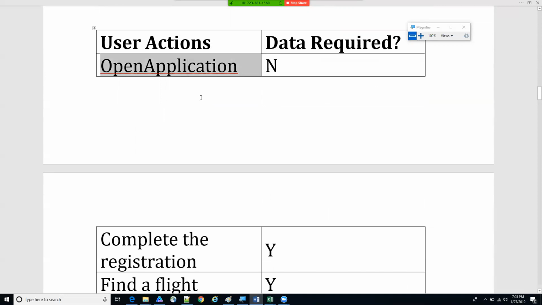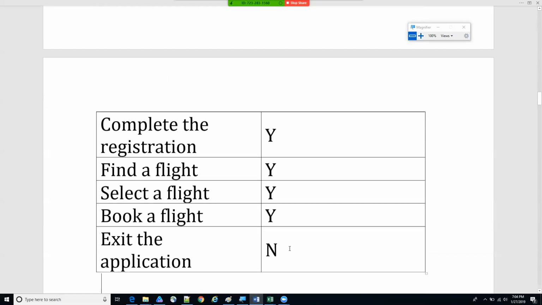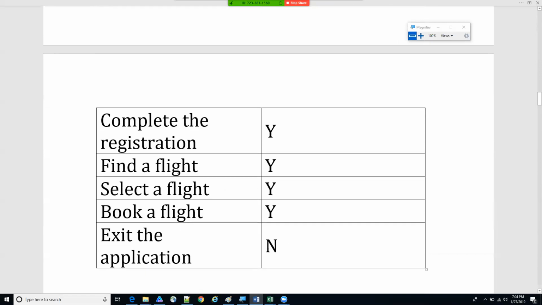Open application. In order to open the application, we just need the URL. That's why I said no, we don't need any data. In order to complete the registration, we need test data, so I said yes. To be able to find a flight, we need to enter some data. So then yes, we need data for that. Select a flight, yes, we need data. Book a flight, we need to enter some personal information, that's why we need data as well. So let us